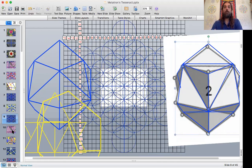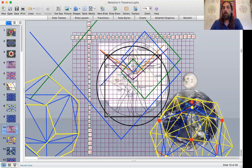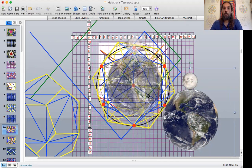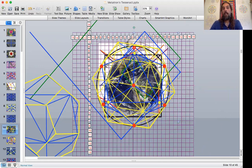Let me just finish up this other piece with the Earth and the Moon and all those things. So here we are with the spirals of energy going out, and we've got the Earth and the Moon. And now we're going to take that whole grid as one unit, bring it in here, place it at the center spot. And there is the Christ consciousness grid around the Earth, centering on the Moon. All right. So it's all kind of unified now in terms of the grid in relationship to the Earth and Moon proportions,